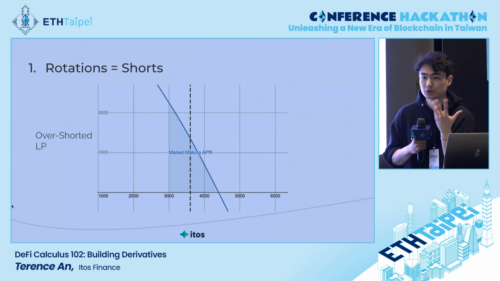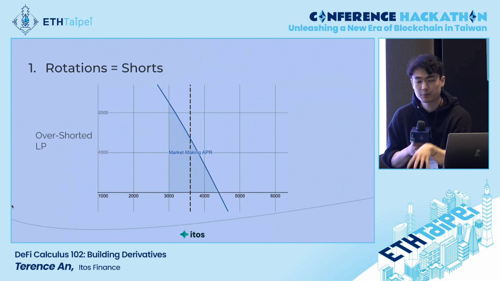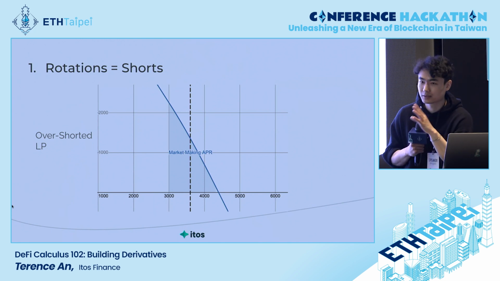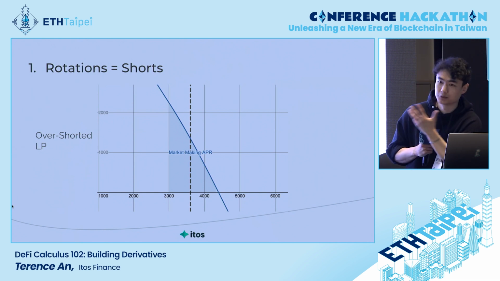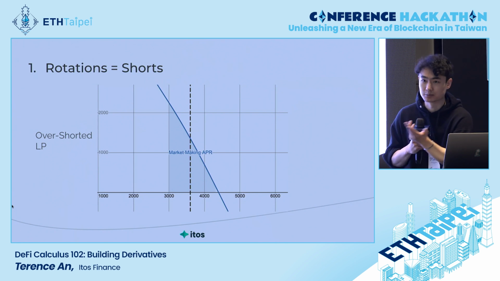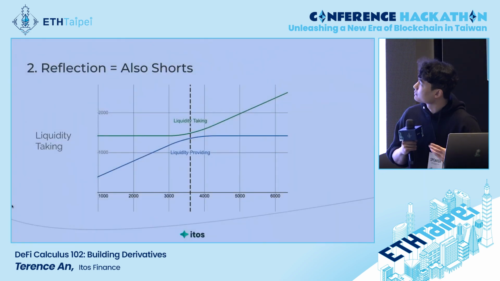In this scenario, we shorted the 90-degree rotation by understanding the Uniswap v3 paper. I don't want to get into that, but it's a pretty straightforward formula. Once you overshort past 90 degrees, though, the short dominates the position, and you pretty much botch whatever you were trying to do before, and you just essentially have a short position. So yeah, that's a simple technique of rotation, and it gets more exciting once we start talking about reflection.